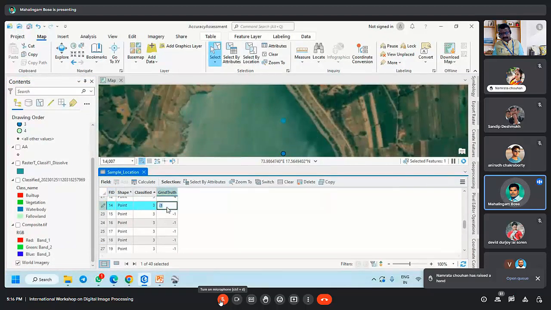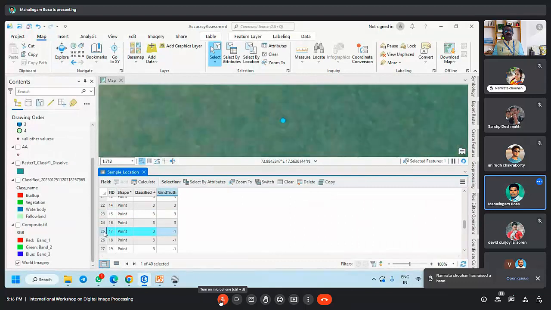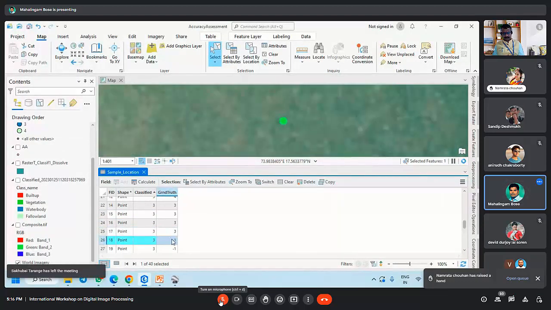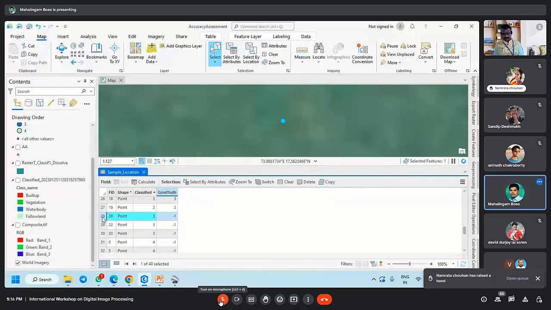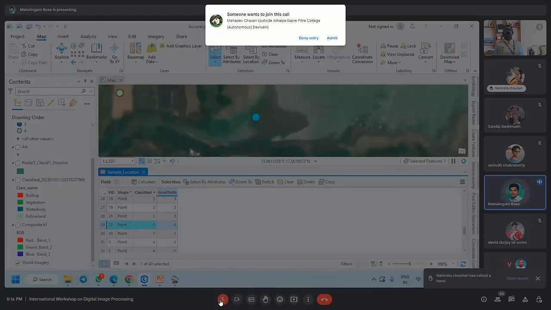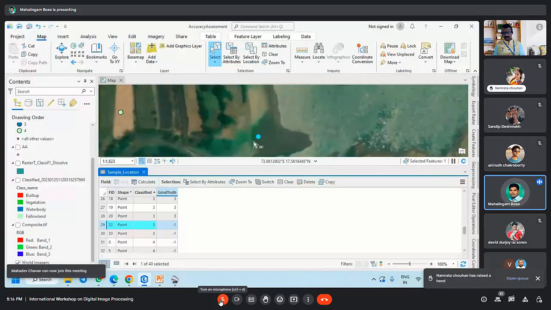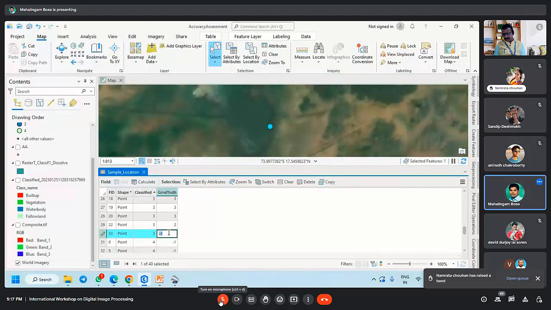See, this is water body, which is a value of 3. This is water body, value of 3. This is water body, value of 3. 3, 3. Water body. It's not water body, it's a kind of agricultural land, or not agriculture, kind of grass or something here. So I make it as 2, which is vegetation. Then this is not, it's a water body. It's a water body. 3,